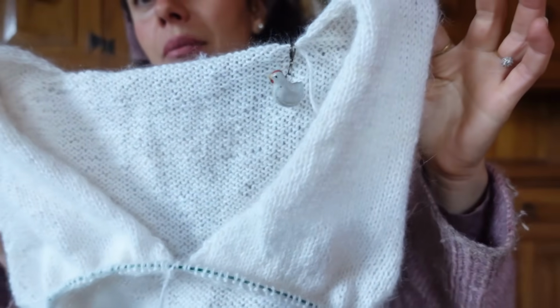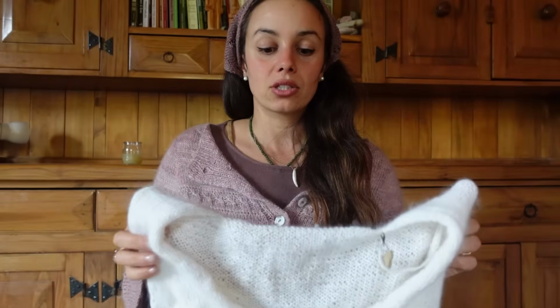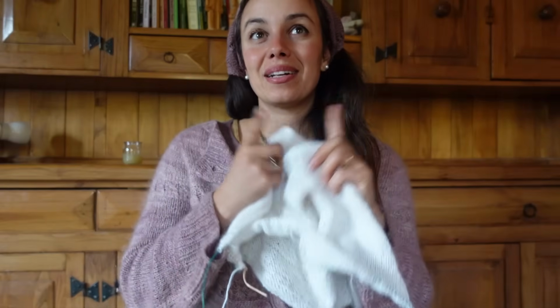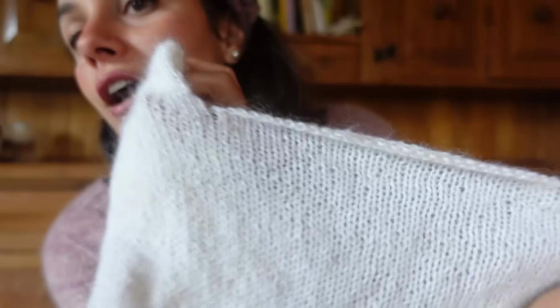I started this pattern, the Tied and True cardigan, but I'm gonna do my thing because this pattern is frustrating me again, and I don't want to be frustrated. This is knitted with alpaca and held together with Drops Kid Silk, so the fabric is quite fluffy and dreamy. I don't have anything really against this pattern. It doesn't have mistakes or anything, but